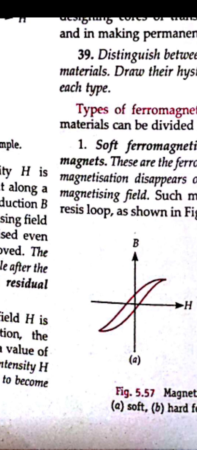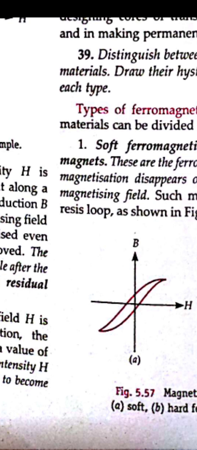Okay, and if you talk about coercivity, then also it is very thin, so that graph will also show that there will be small retentivity and low coercivity also, that is, low coercive force is required to make it zero, because whenever the external magnetic field is removed, it gets demagnetized easily. So we know the magnetic permeability, that is the permeability mu, and if you talk about relative permeability, then it will be mu r. The relative permeability will be high for this type of material, that is soft iron and all.